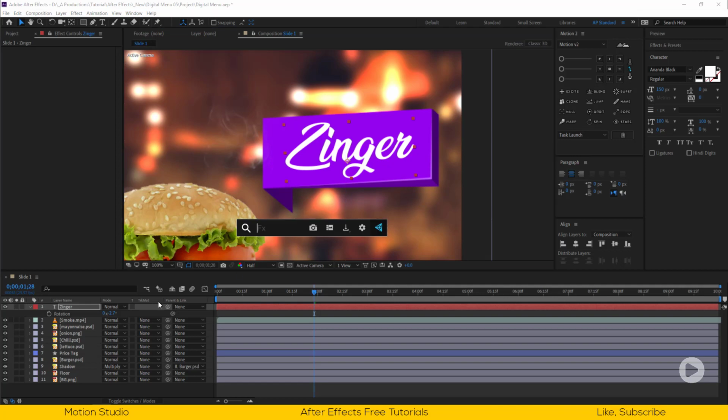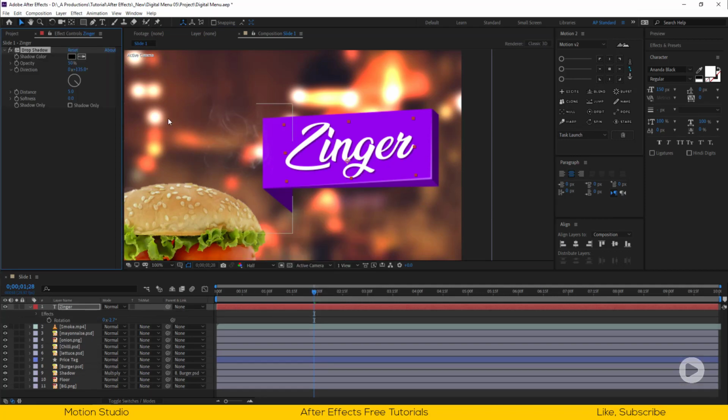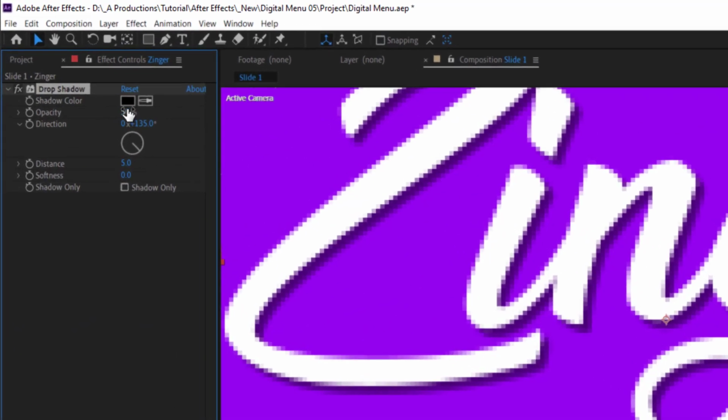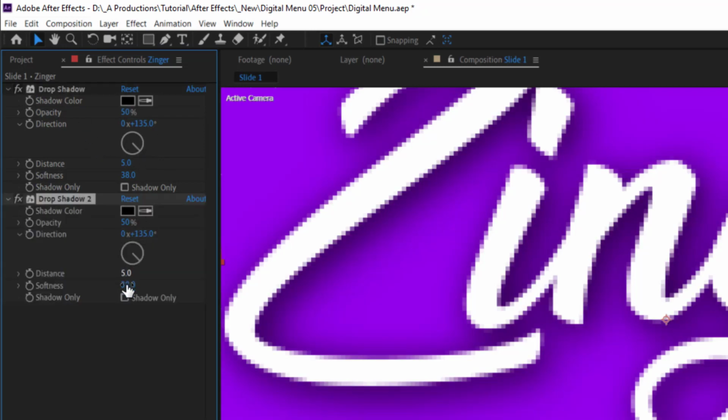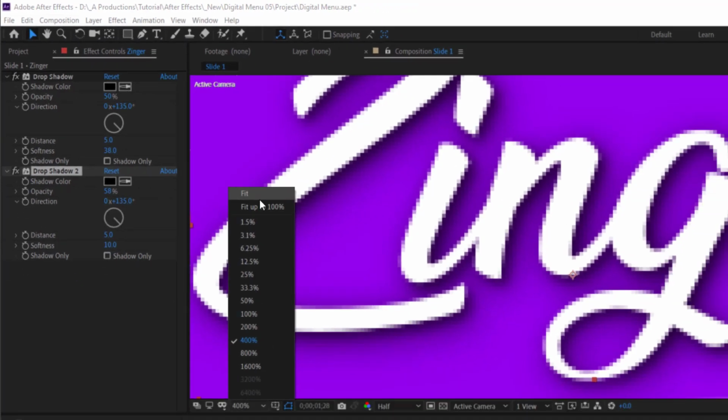Cool. Apply drop shadow to the text, and adjust some parameters. Set the softness to around 38%, and opacity to 50%. I will duplicate the drop shadow effect one more time, and reduce the softness to 10%, so we get this soft and hard shadow.